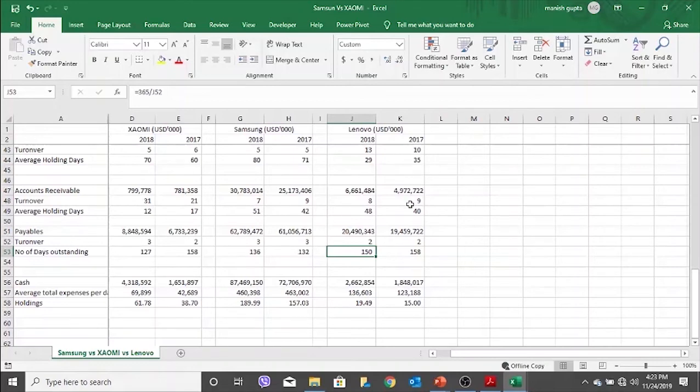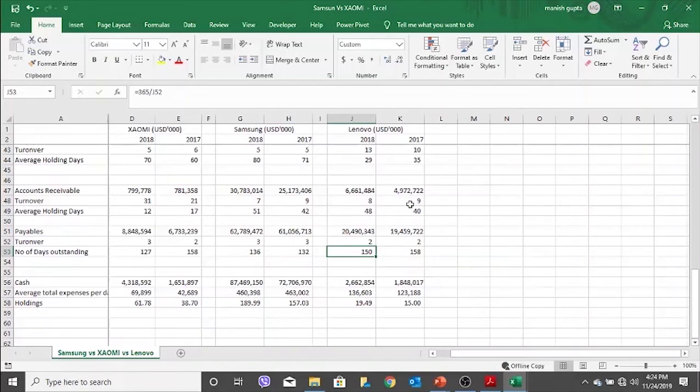Correct? I'm sorry, I don't really get the turnover thing. What is the turnover outstanding or holding? Okay, turnover means how many times they turn the same thing over and over, and number of days outstanding means how many days they hold in their own hands. So number 3 means they only pay 3 times in 1 year because they hold for 4 months. Yes, correct. They are only paying 3 times in a year.